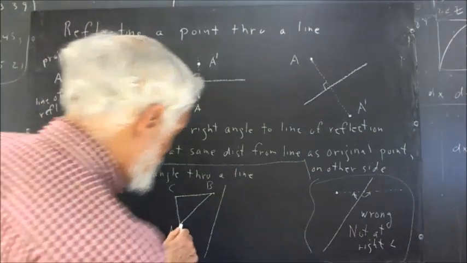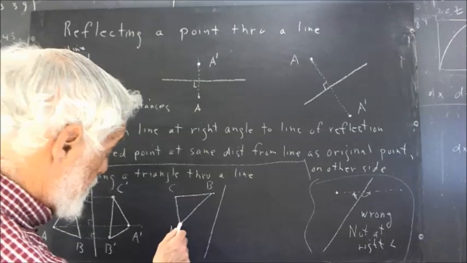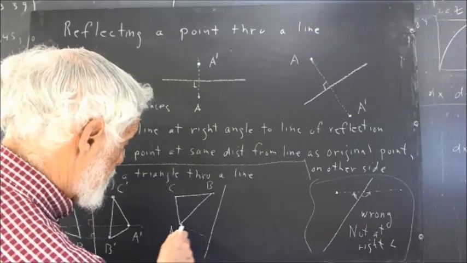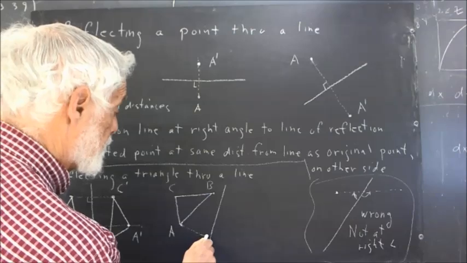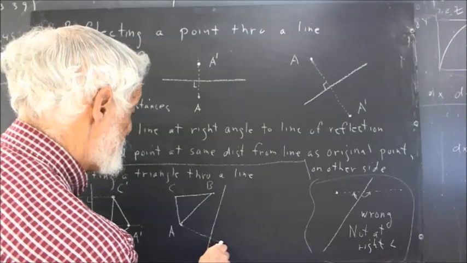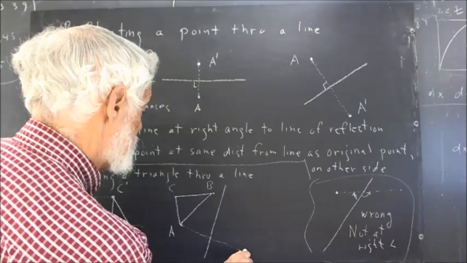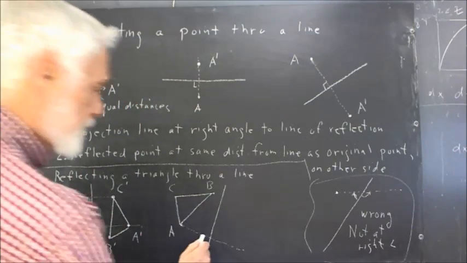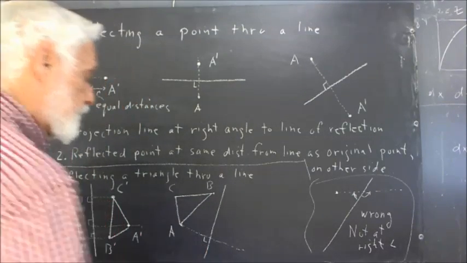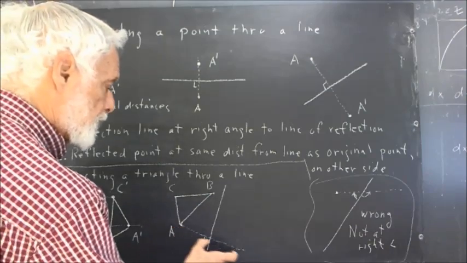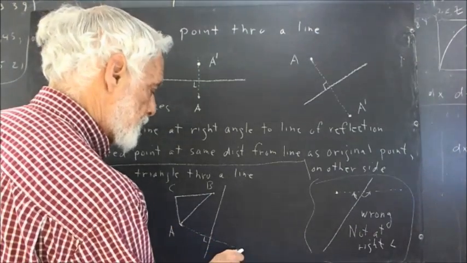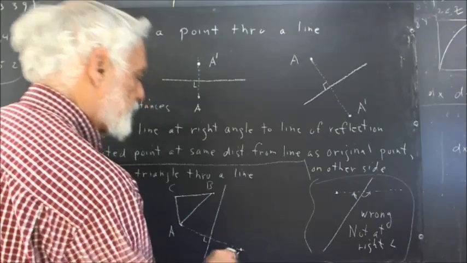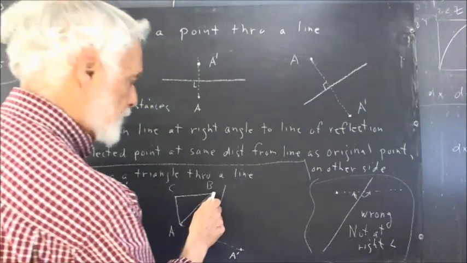Okay, and it's a little hard for me to see here, so I'm probably not going to do real well. But let's just try. Just imagine I'm here and there's a bull chasing me. I'll go to the fence. Okay, so maybe that's a good right angle. Then I've got to go an equal distance. Equal distance. So I'll have the point A prime, and then I'll do the same for B,